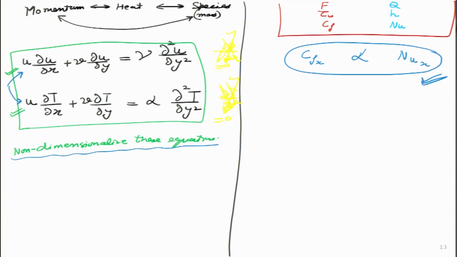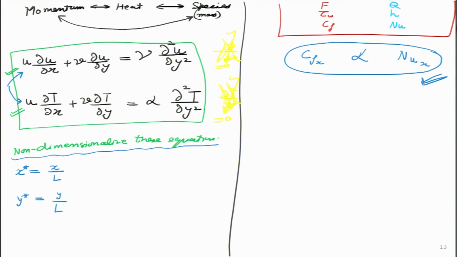So, I think we have done it one time earlier. Now, we will do it much more thoroughly. Let us go ahead and do that. So, I will define some new variables. For distance, I will put this as x star. So, x star is simply x divided by L. Then similarly, I will introduce y star, which is simply y divided by L.